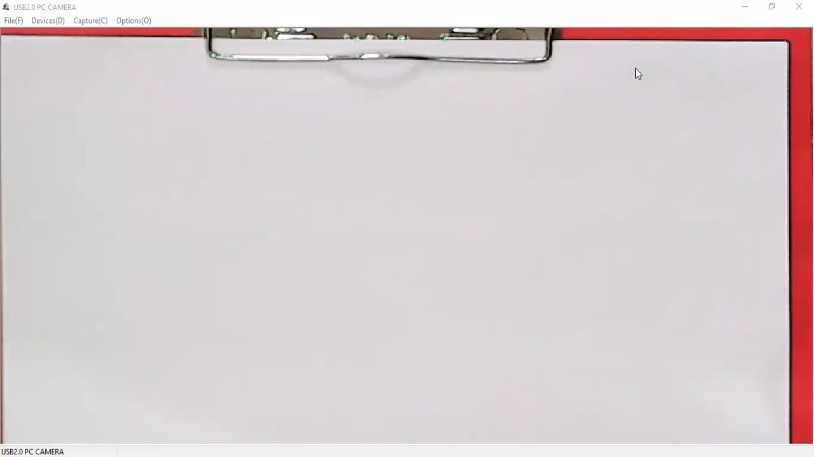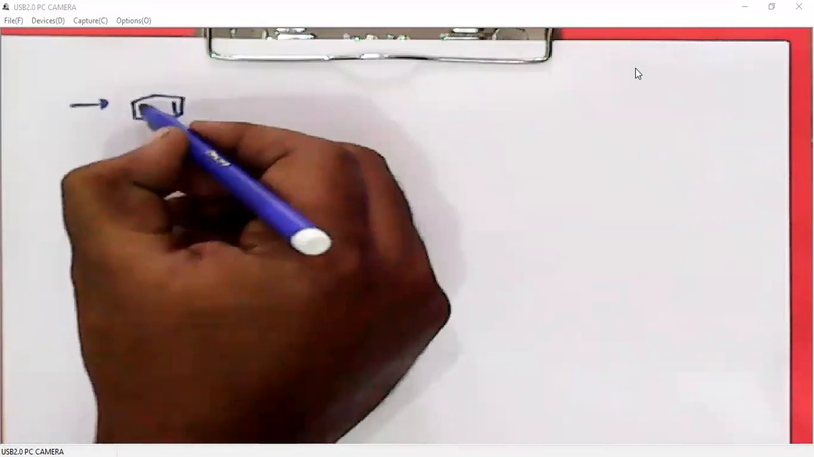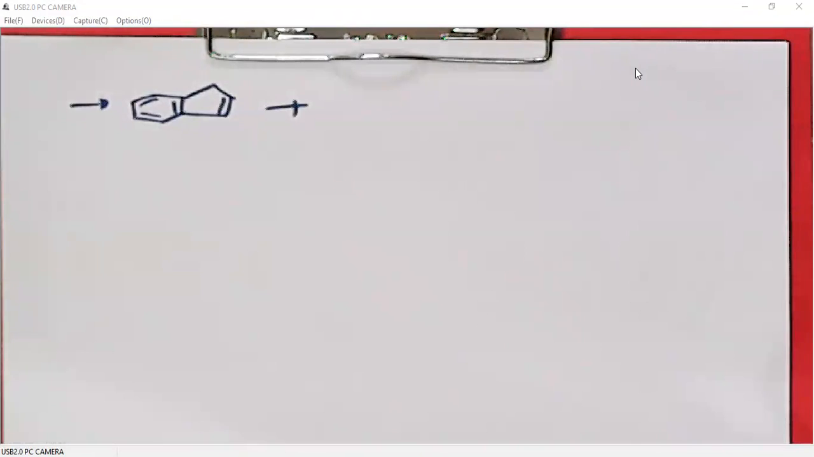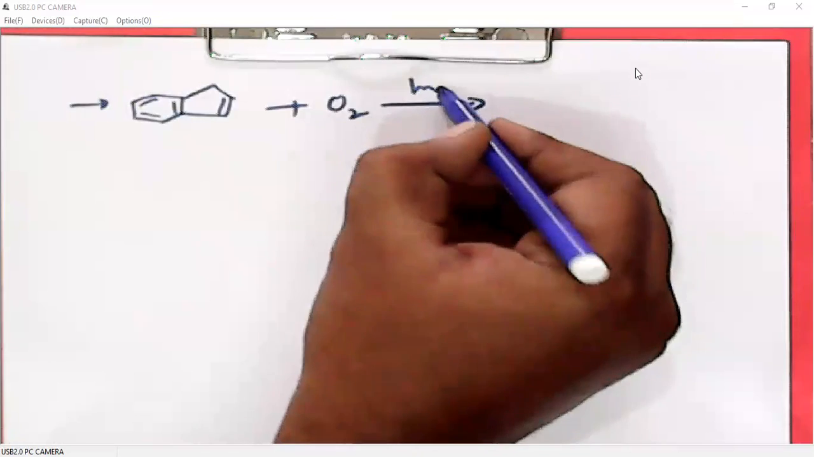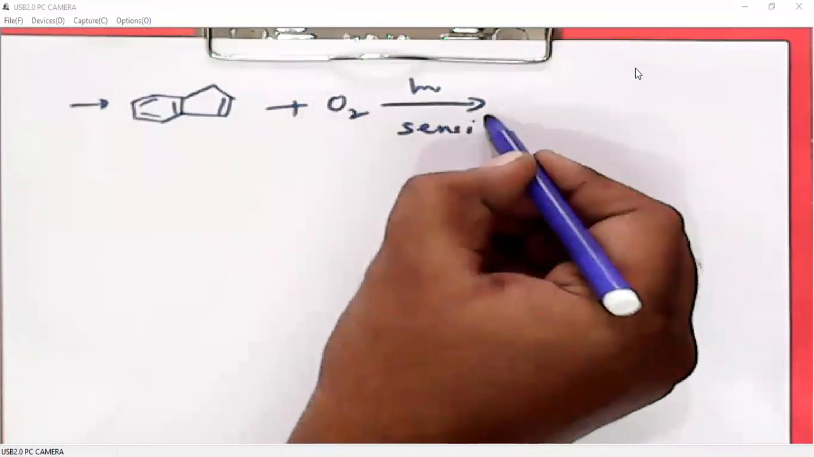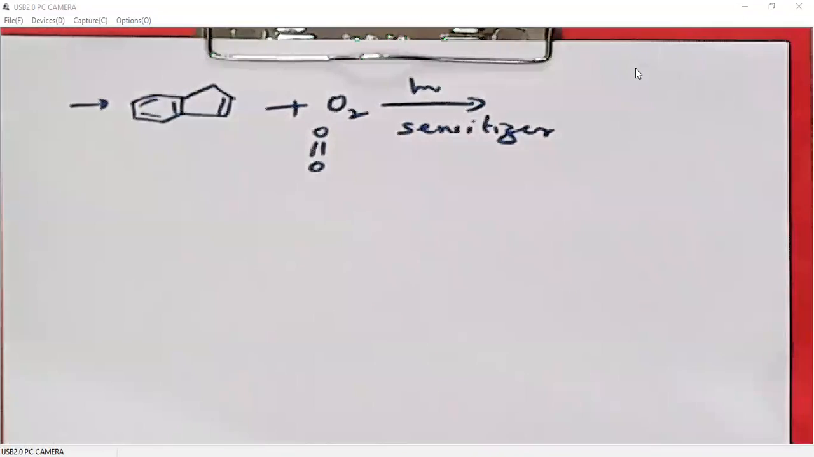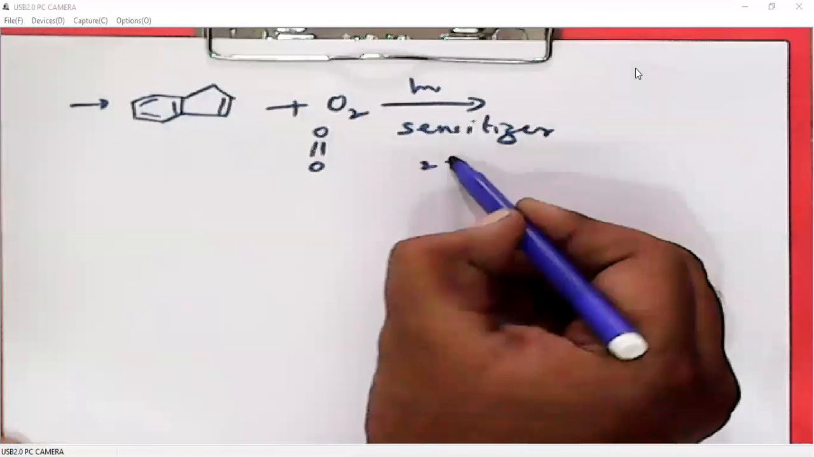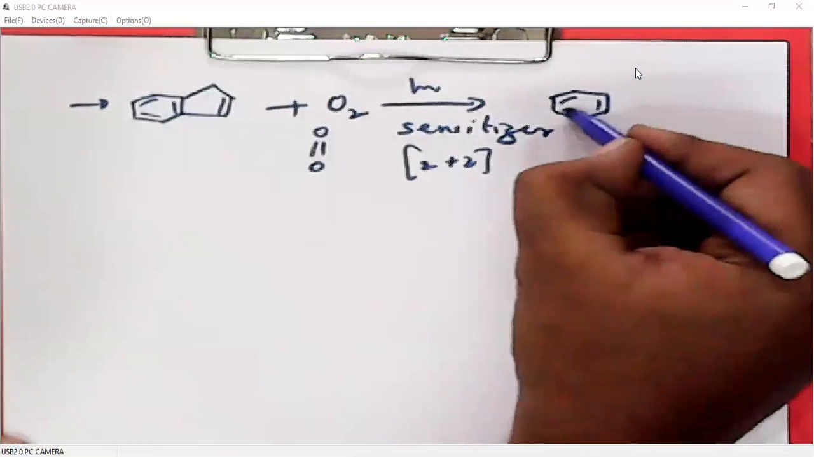So not only Diels-Alder reactions, it is also possible to have 2+2 cycloadditions with oxygen. When we have an alkene, then oxygen will be involved in a 2+2 cycloaddition. Oxygen has a double bond, so this alkene and this double bond will be involved in a 2+2 cycloaddition. So the product will be